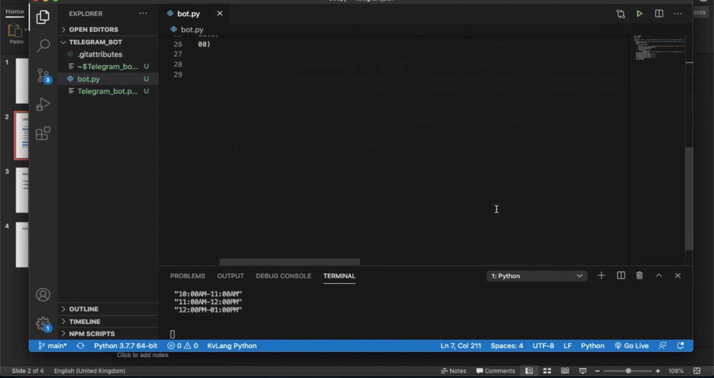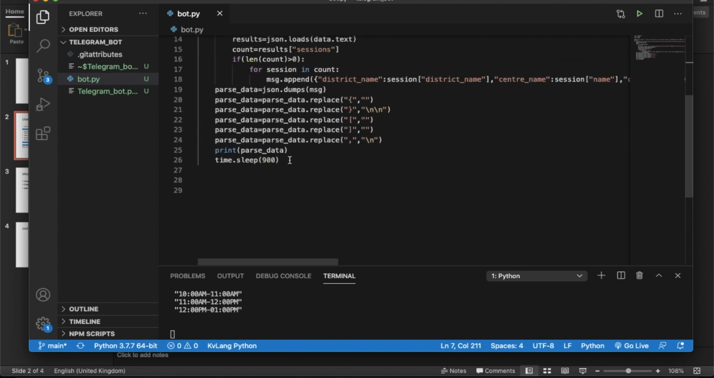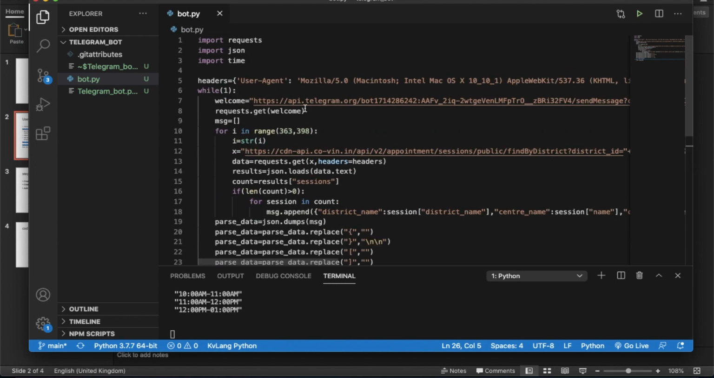Okay, fine. So now I need to work on this thing here. Actually, after parse data, I need to send this message. For sending this message, I have to use the same URL, but this time I will append the other thing, whatever I use here, I will use a different link. So maybe